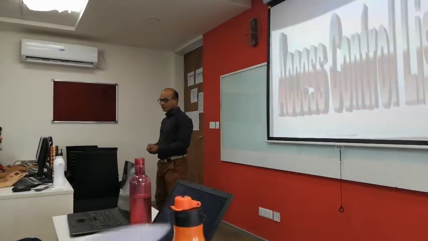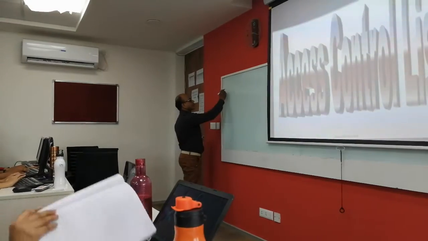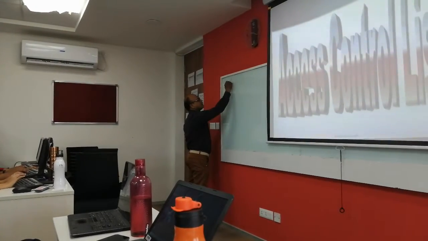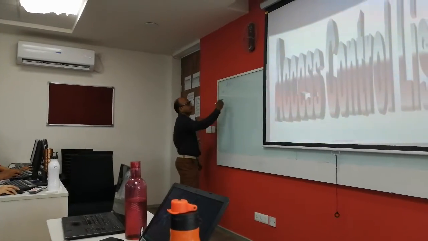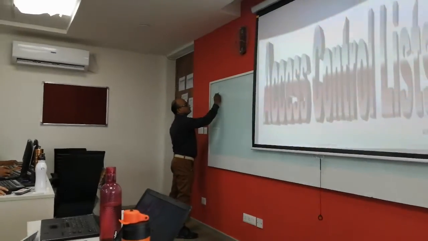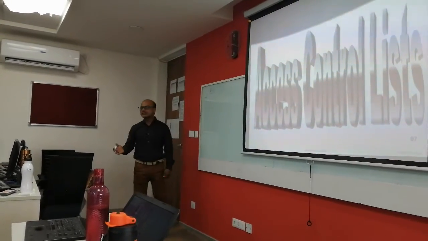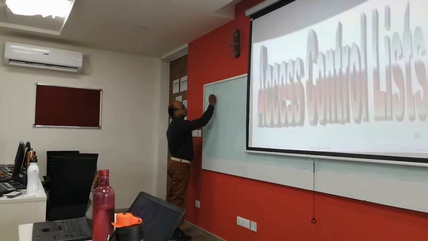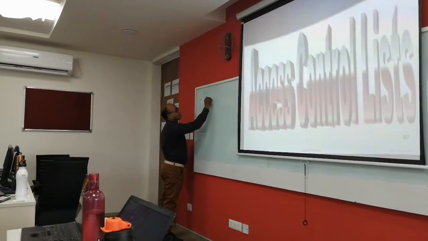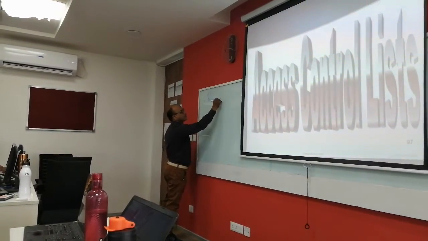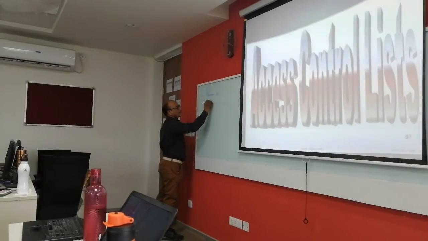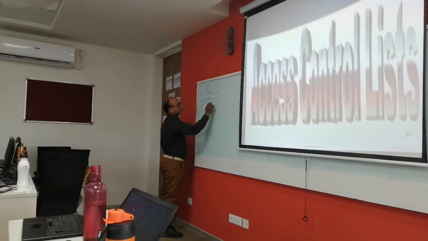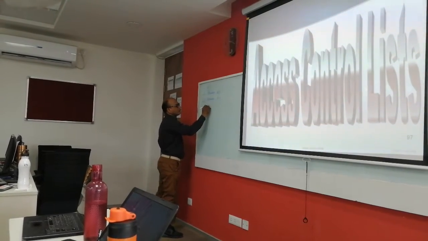Fine, guys. So today we shall discuss the access list, that is ACL, as we call it in short form. It is an access control list. Okay, so you have three types of access list that we are going to discuss today: that is standard ACL, extended, and named